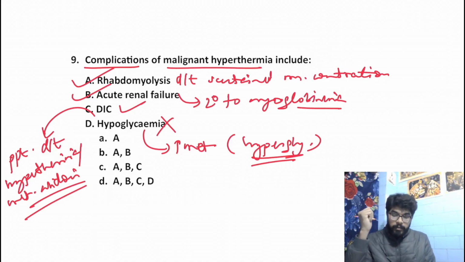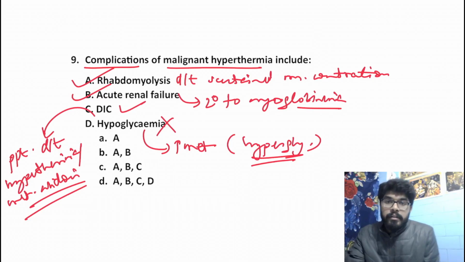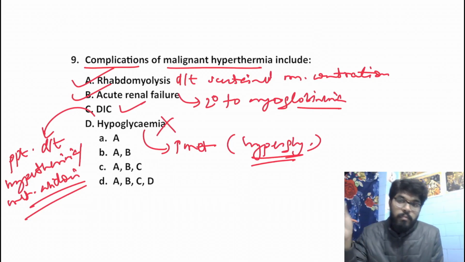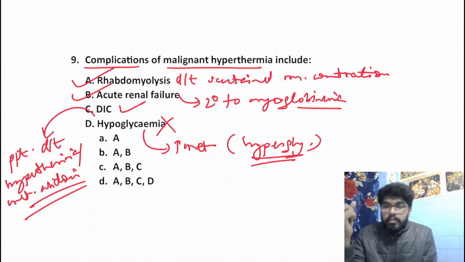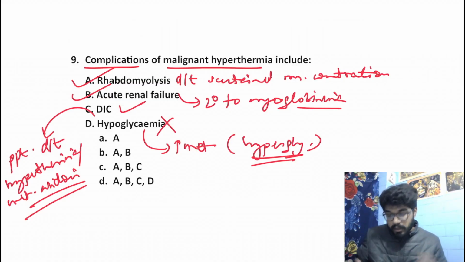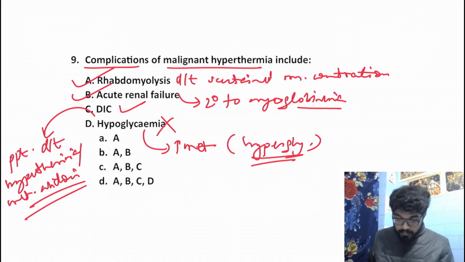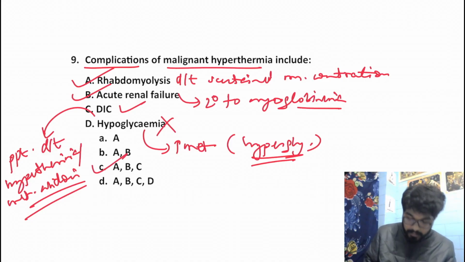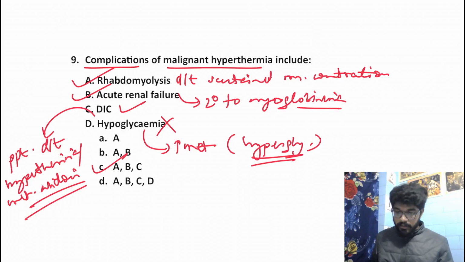Now one might think that due to increased metabolism, increased utilization, glucose may be utilized. No, your glycogen stores will be depleted. Gluconeogenesis pathway would be activated, and it would result in increased glucose in our blood. Okay. So the answer should be A, B and C. Okay. Moving on to the